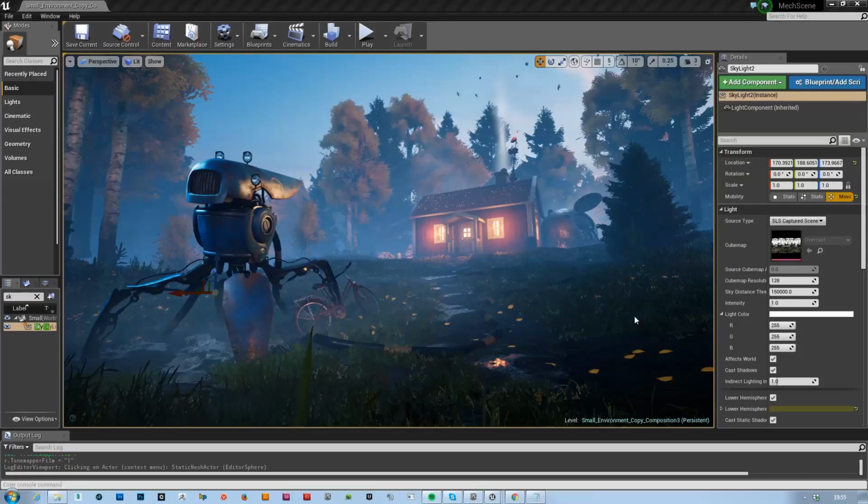So, hello and welcome to today's session. This time we're going to look again at Sarah's environment, but this time we will look at static lighting for